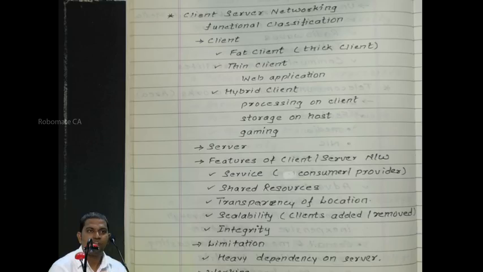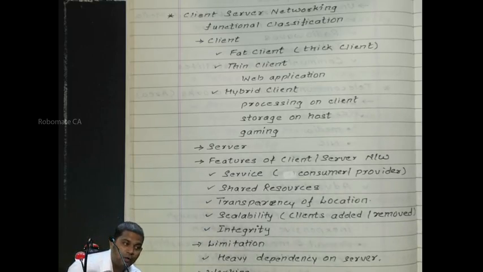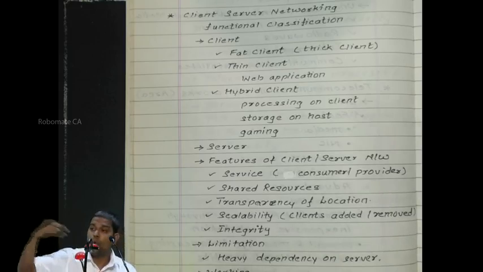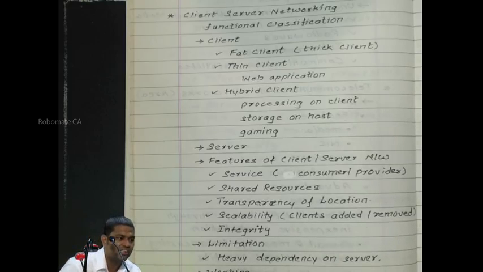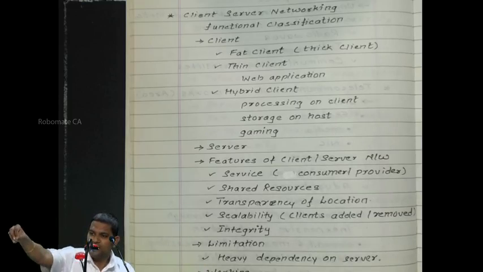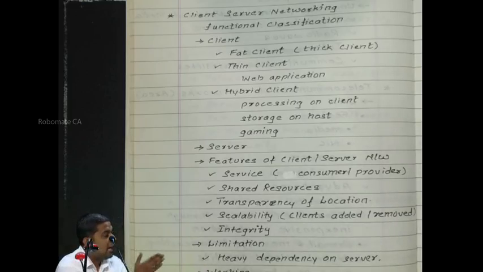In gaming software, the user is very active. I will not say active, he's hyperactive. Constantly inputs are being given and the data is required to be processed. If so much input and so many instructions are coming, then the server might not be able to handle it. So here the processing is decentralized. One user, one client, they will look after their own processing. This is decentralized, and that is called your hybrid client.